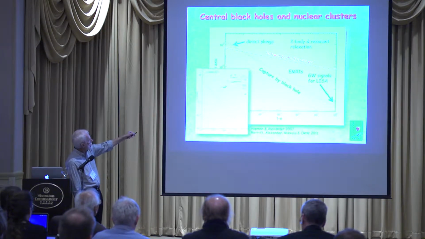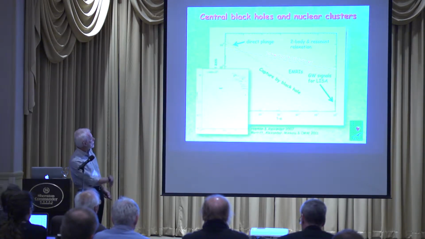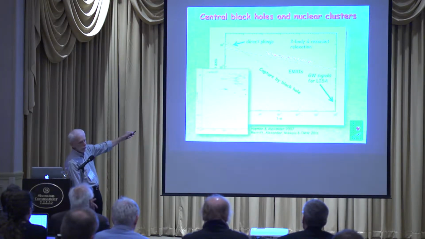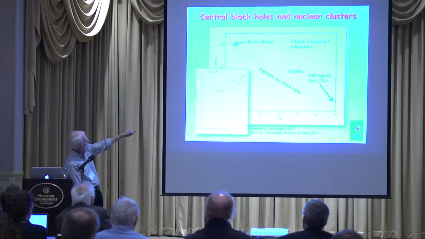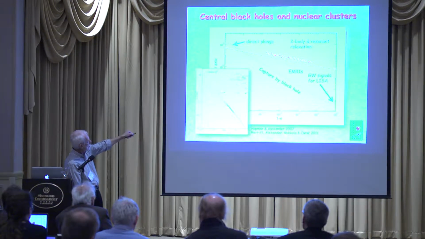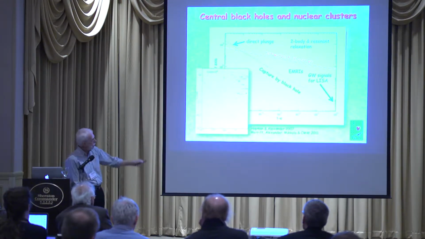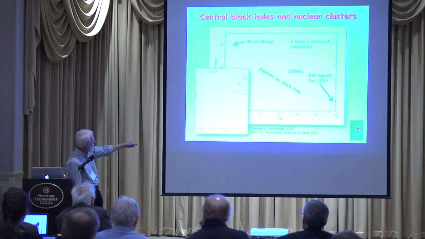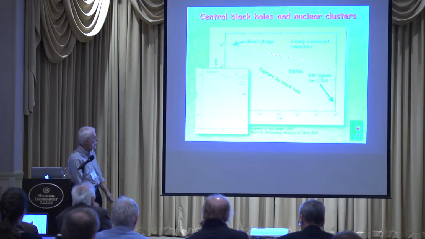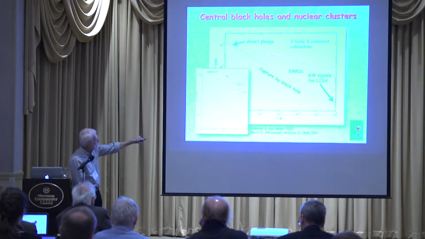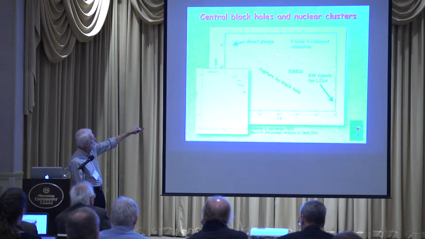Every once in a while, a star can pass this barrier, which is a barrier induced by the relativistic advance of the pericenter, and then a star can get sufficiently close to the black hole that suddenly gravitational waves take over and the star plunges toward the black hole, circularizing and then going to very small semi-major axis and enters the black hole. So on this same plot of 1 minus eccentricity, or angular momentum, versus semi-major axis, this regime